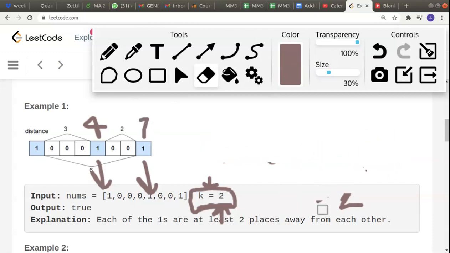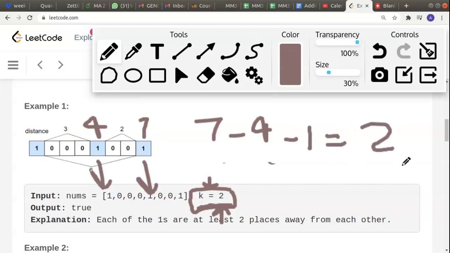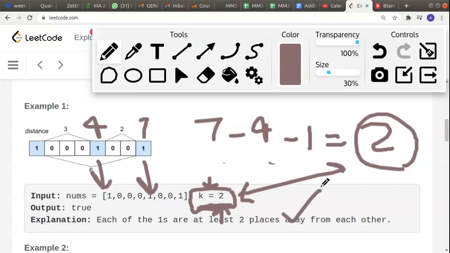When we find the distance between them, we get 7 minus 4 minus 1, which is equal to 2. Now we compare this value 2 with the value of k, which is again 2. They are required to be at least two spaces away, and they are two spaces away, so they also satisfy the condition. This is also fine.